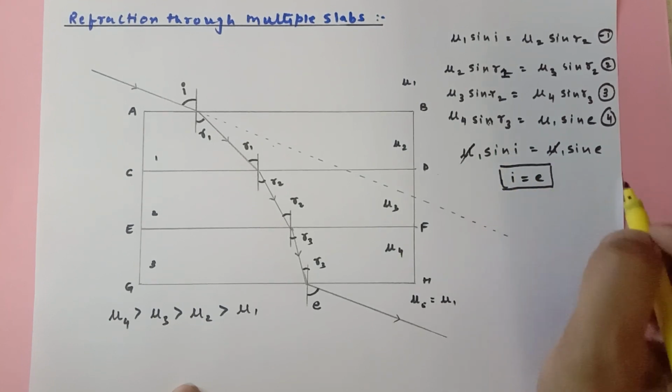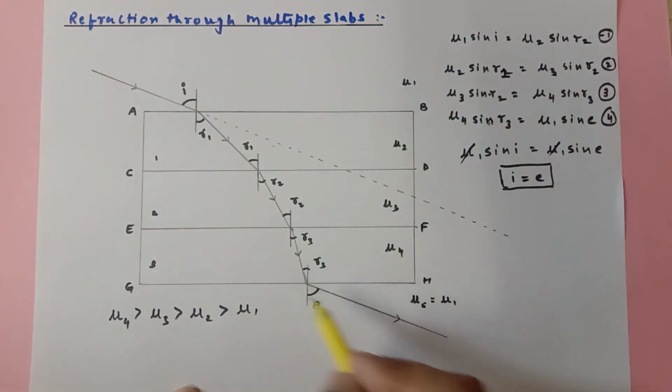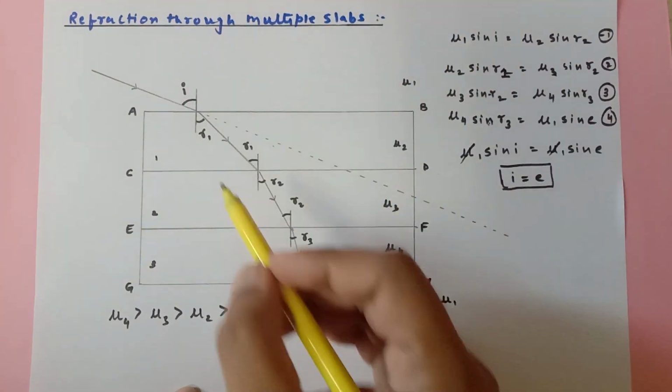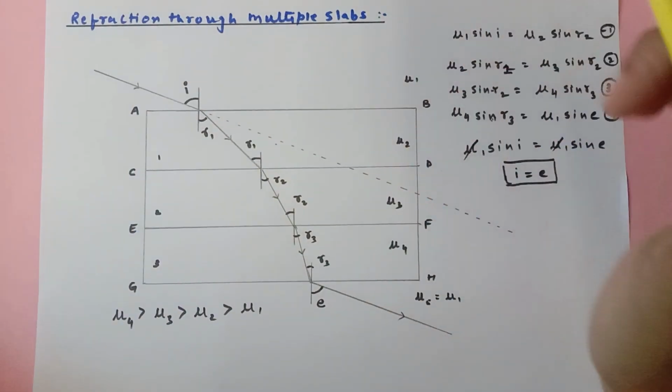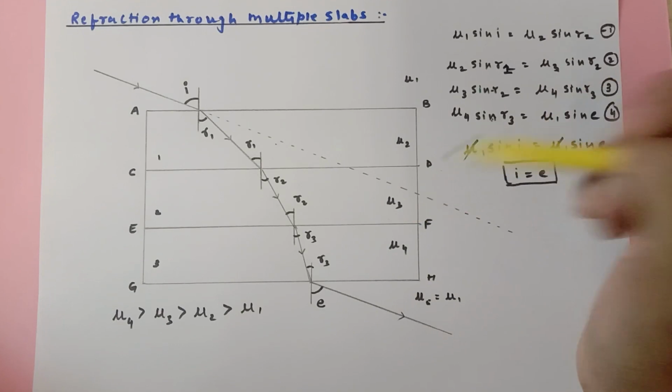But this is only possible if the first medium where you have the incident ray and the last medium where you have the emergent ray are the same. Correct? Now, if we extend this, yes guys, I'll stop for a while and let you know that if you have a problem in the application of Snell's law, there is a link given in the description.